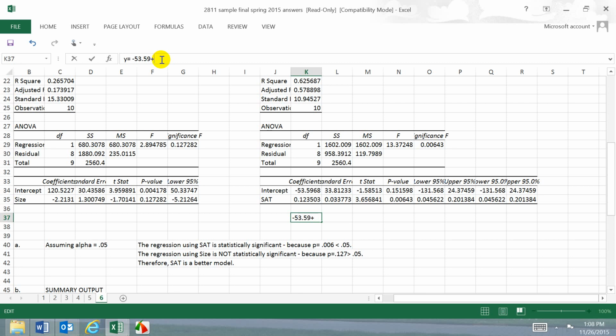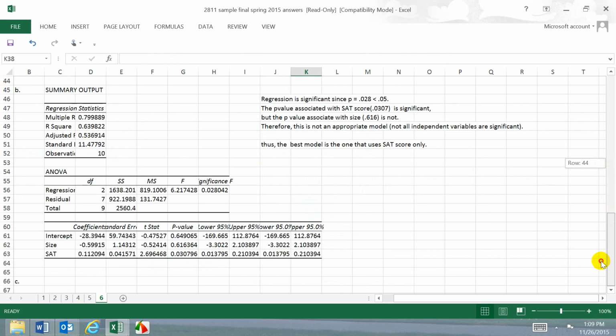Plus 0.1235 times the SAT score. The class size is not significant at all, and therefore in our calculation for Part C, we're going to say that our estimate of percent attending with SAT score equals 1,000